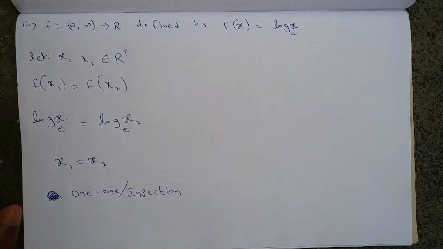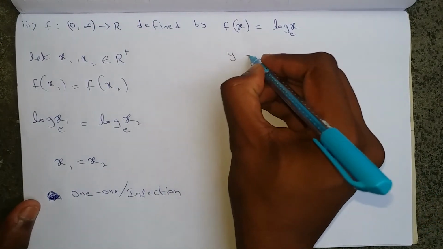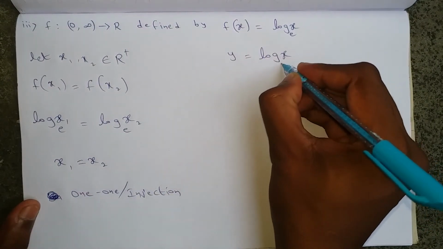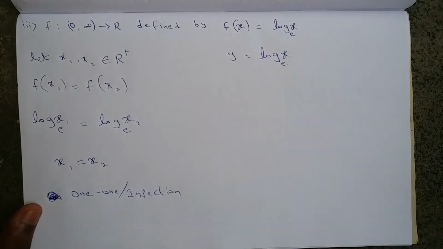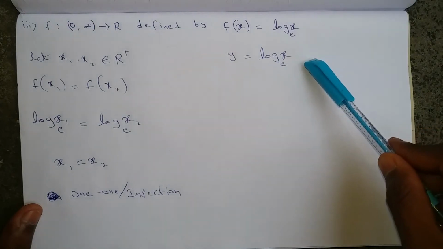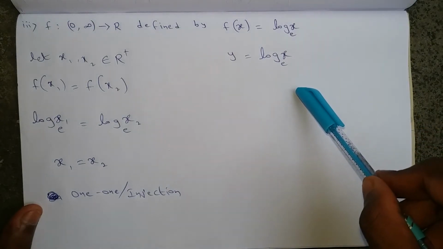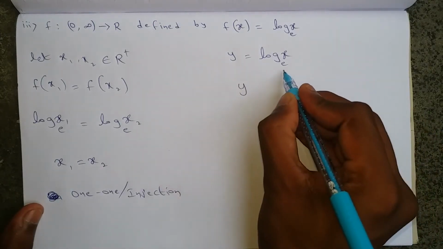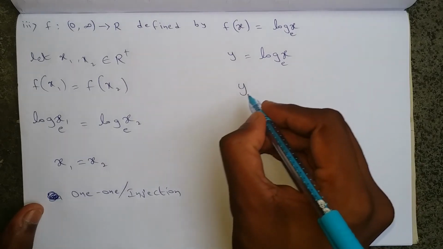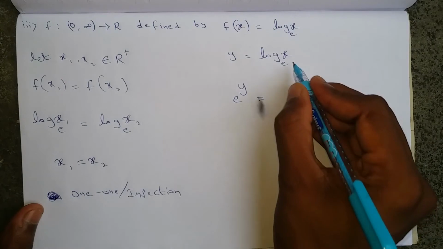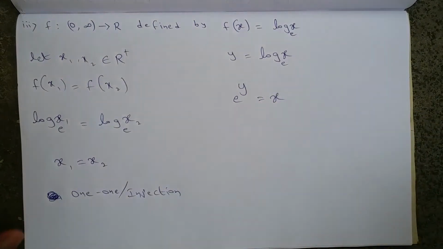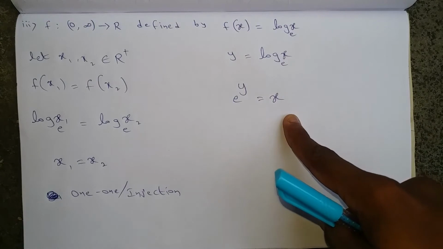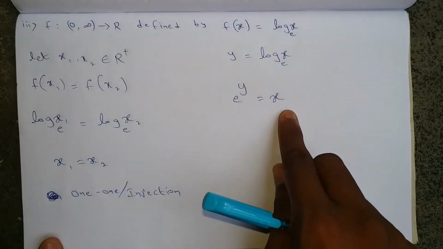Okay, now let us take the same function for surjection. So first f(x) is there, make it equal to y. So y = log x base e. Now unlike the previous problem, it is already in logarithmic form. Now we should convert this to exponential form. Here y, keep it as it is. Here the base is e, so bring it as the base, e power y = x, here x is the main, so make it the answer. This is logarithmic form, I am converting to exponential form. So now we got x = e^y.